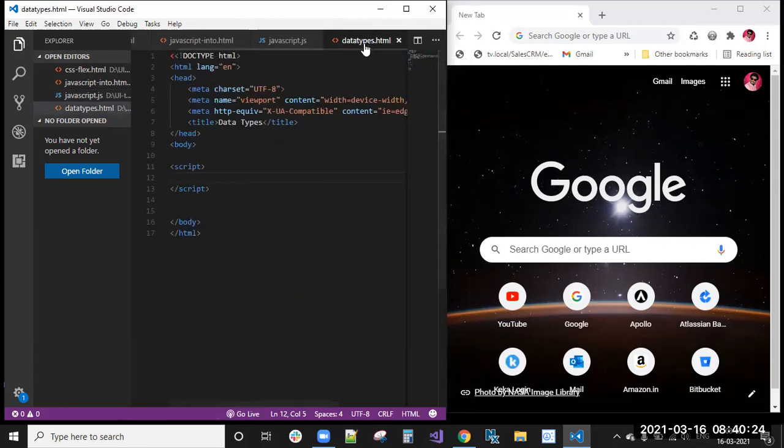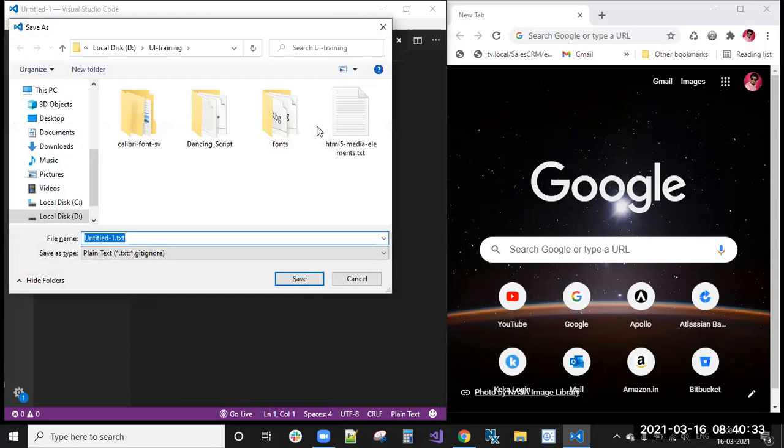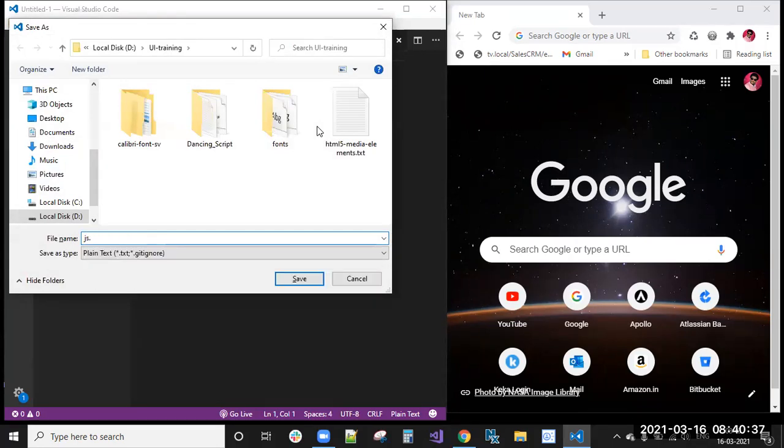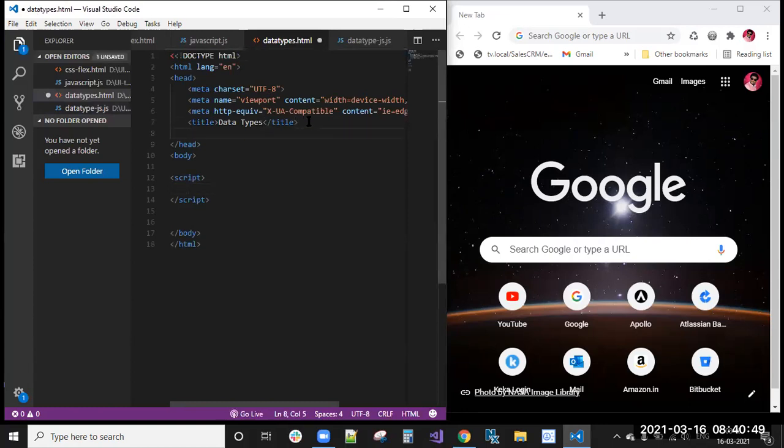One more file, data types.js. We can add one more file that is JavaScript. So we will include this data type js.js here.